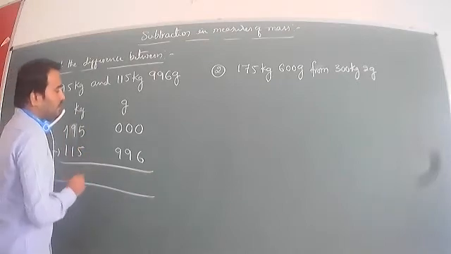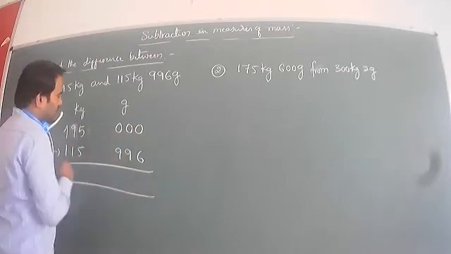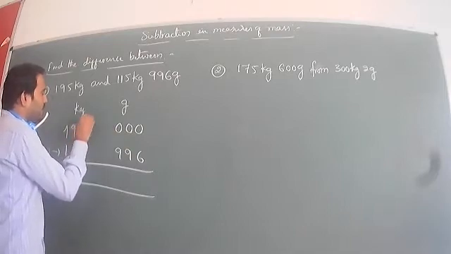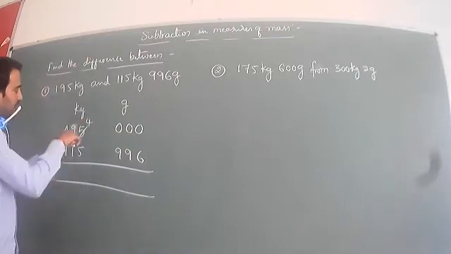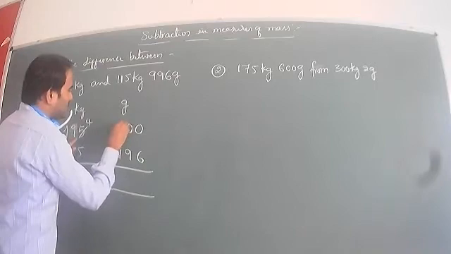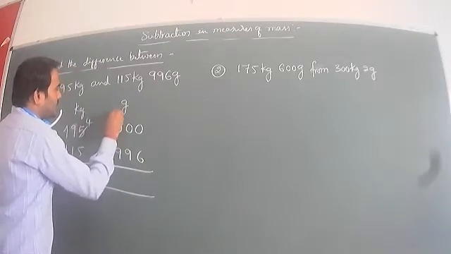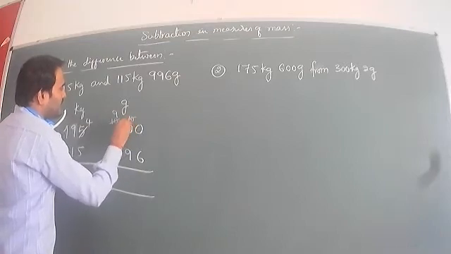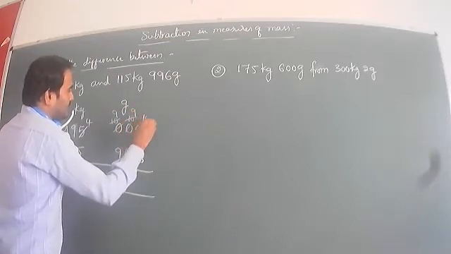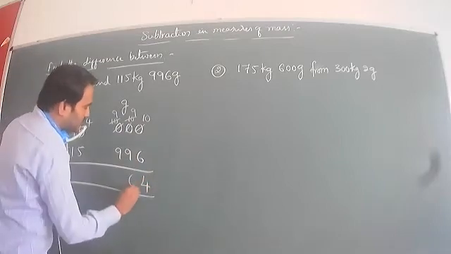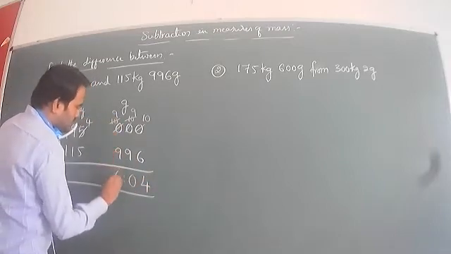Now 0 is less than 6, so take a carry over. There are no numbers in the ones and tens places, so I will go to the kg. It is 5, and I transfer 1 to the gram's first place, so it becomes 10. Then the tens place is 9, and the next is 9. 10 minus 6 is 4. 9 minus 9 is 0. 9 minus 9 is 0.